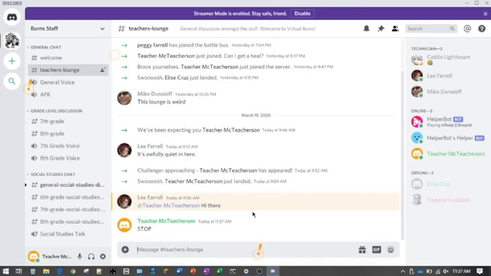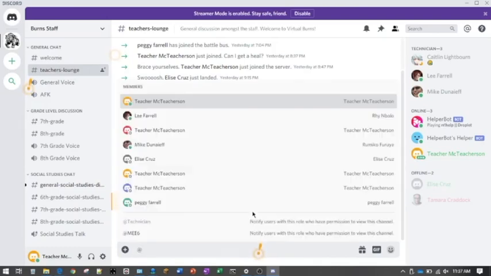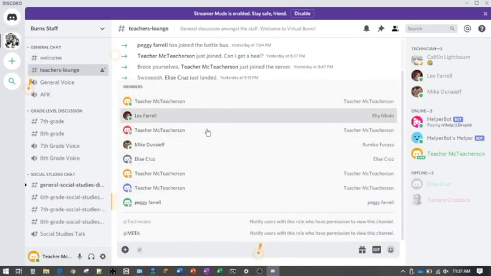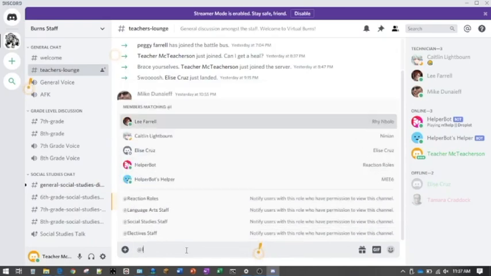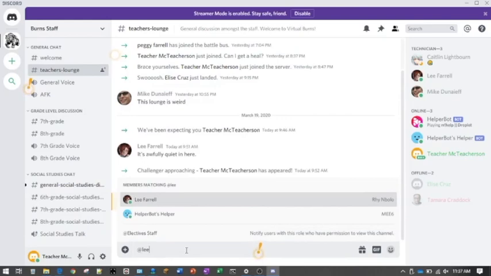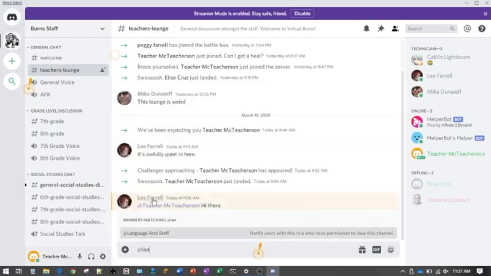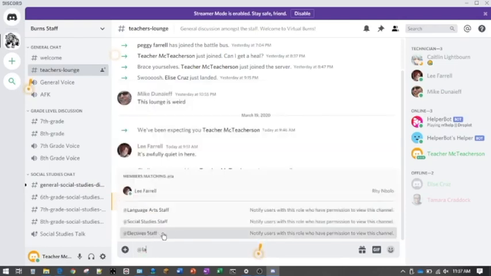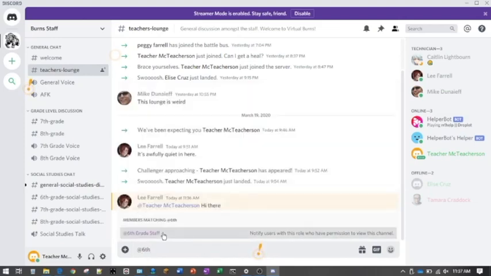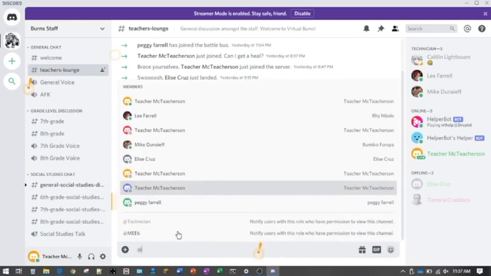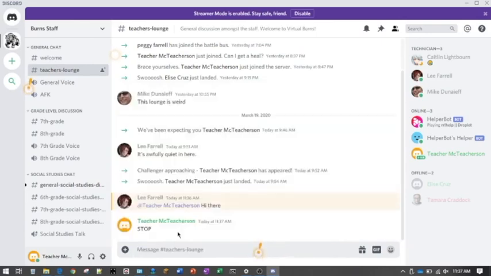You ping people by doing @, and you can see it actually brings up a list of people that you can ping. You can also just start typing in their name. So Lee Farrell. But you can also ping all the language arts staff, or all the 6th grade teachers, or ping admin. So whoever it is that you want to send a message to,